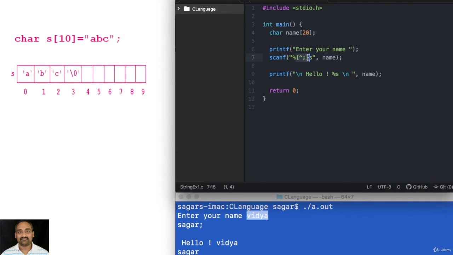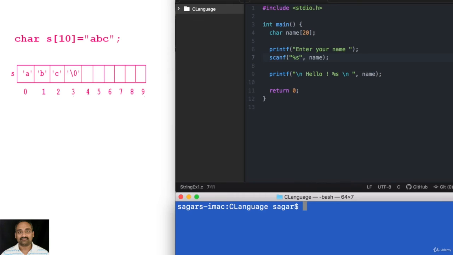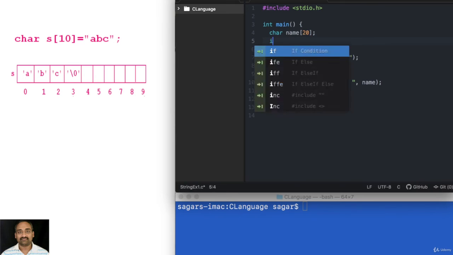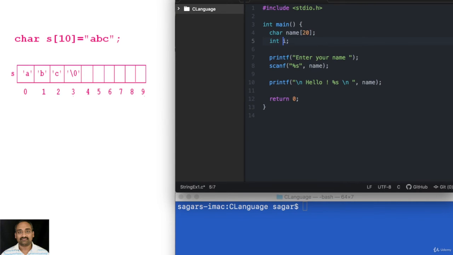For now I'll just leave it as %s to ensure that you understand it easily. Now instead of printing with %s and the name, can I read individual elements of this character array? Yes, you can do that. I'll say int i. Then printf, printing using a loop.